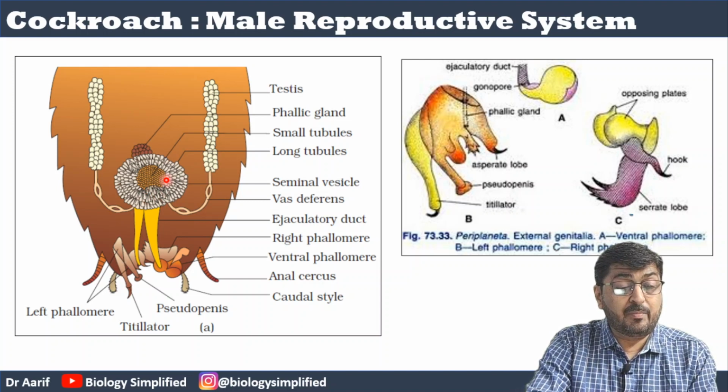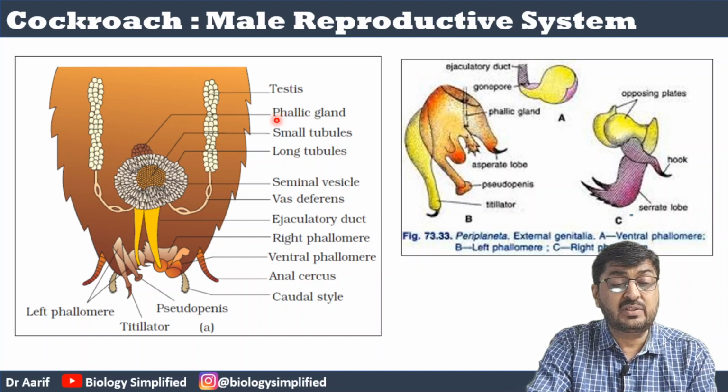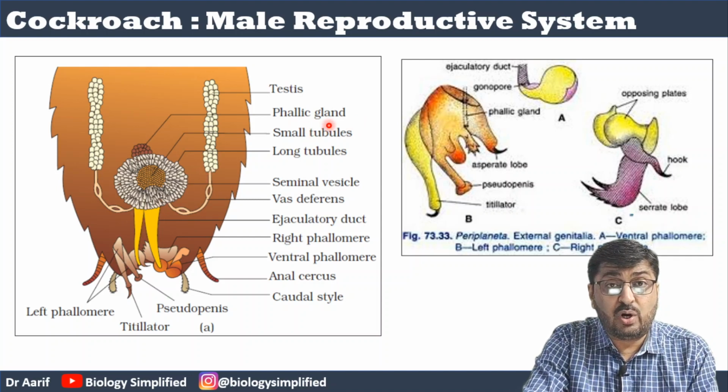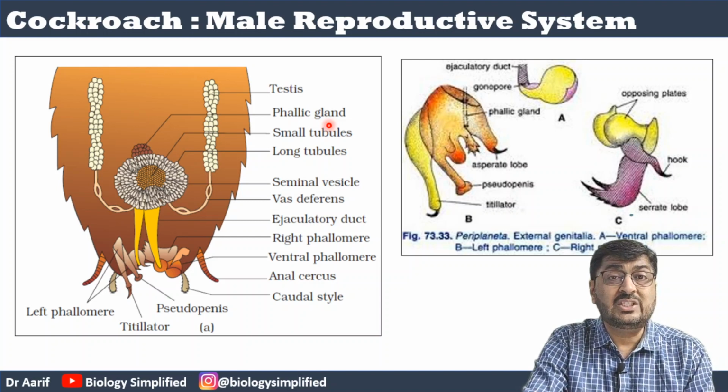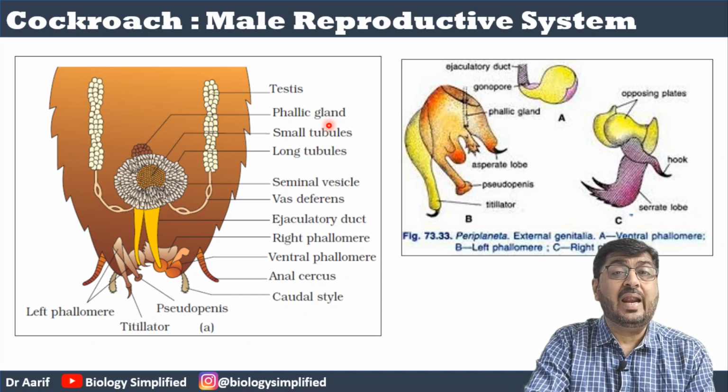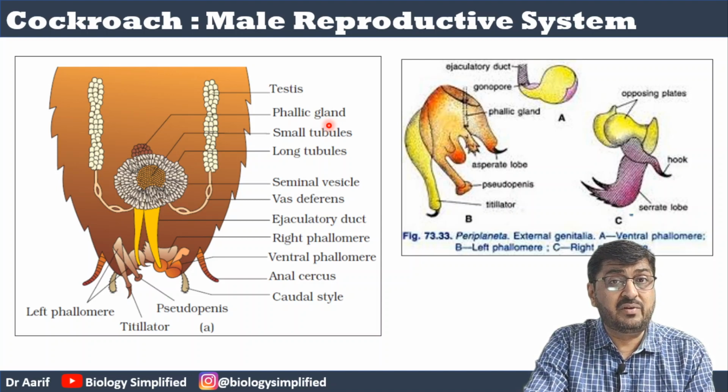Now, just behind the utricular gland, do you see one more gland which is labeled as phallic gland? Phallic gland, which will open through the phallic duct. This is the ejaculatory duct. Right now, the phallic gland is also called the conglobate gland. Conglobate gland. Nothing much is given about this in the NCERT or the GTB, right?